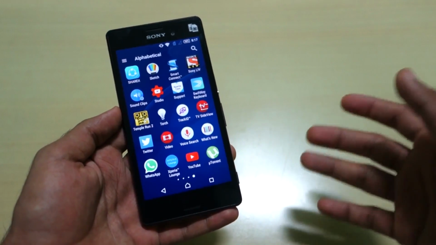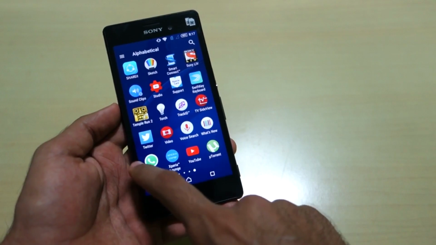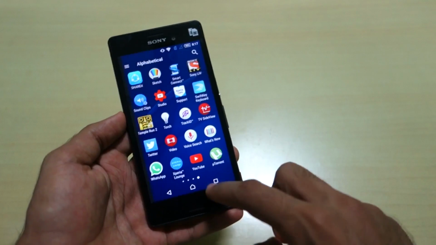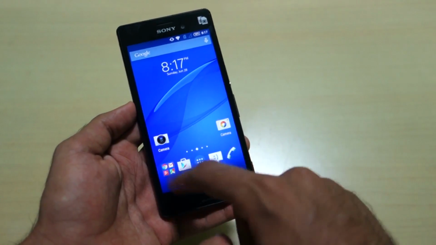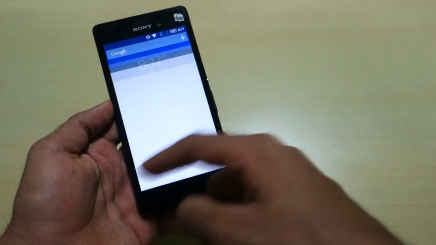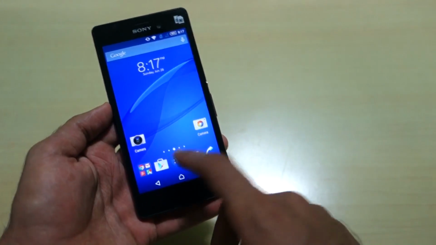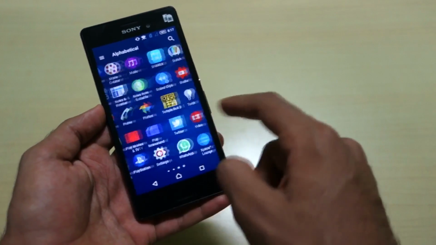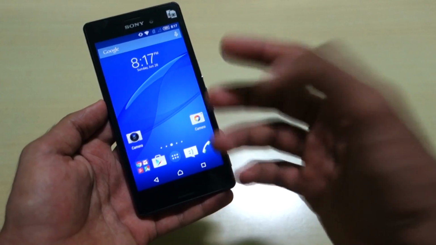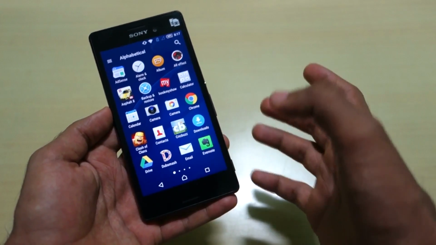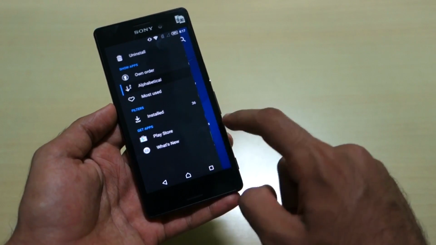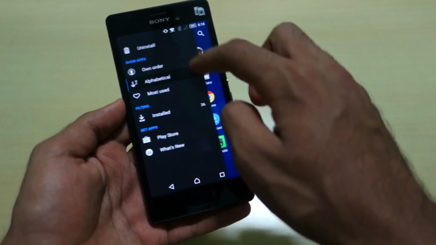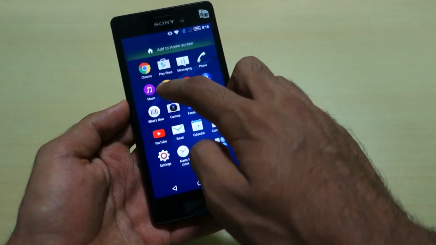And as we are in the app drawer, you can simply swipe from here and you will see many different options. I always have Play Store over here, but if you have some different application over here and you want Play Store, then once again you have to go like this and find Play Store. Play Store is one of the things which I personally use many times. So I can just swipe from here, open Play Store. And if you want to arrange these icons according to your use, then you can simply select own order.